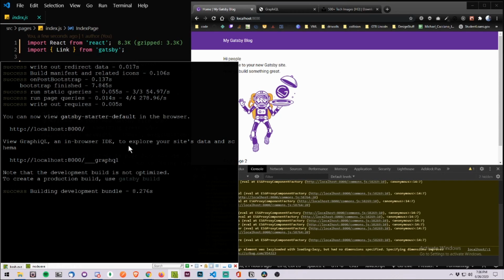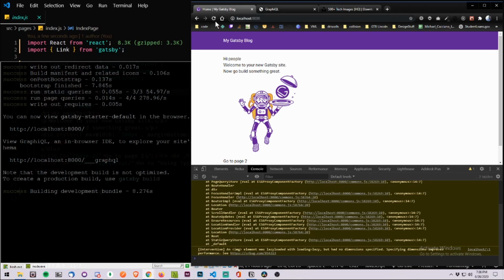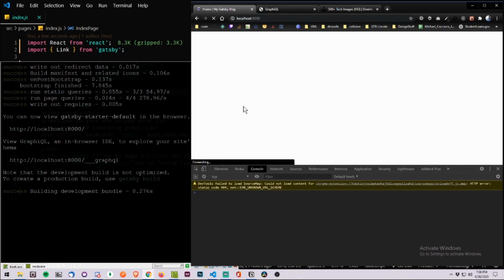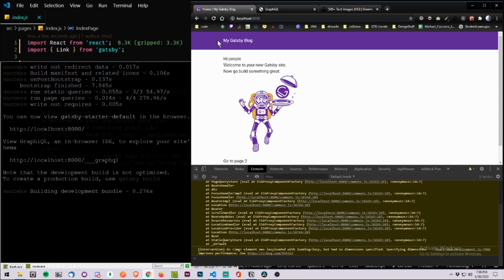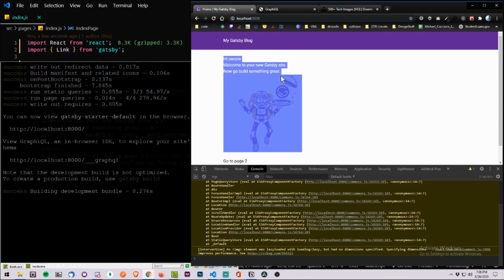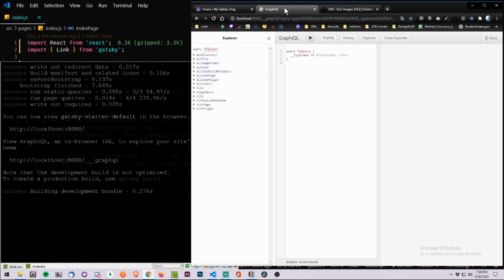Okay, so that's done building. For some reason it took a little bit there, so I just cut the clip, apologies. But if we refresh the page, and I'll refresh it again for the sake of it, everything is showing, all our Tailwind styles are showing, and if we go to our GraphQL, we see that we have